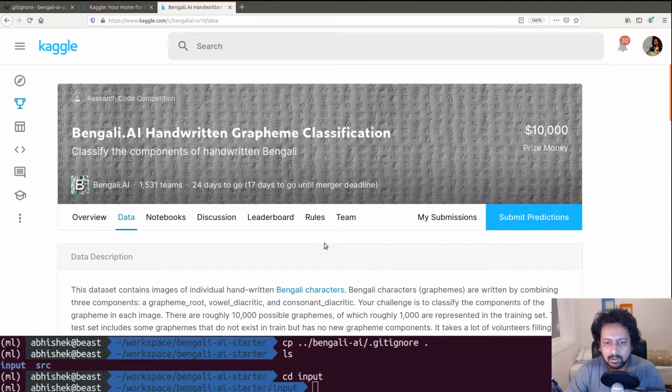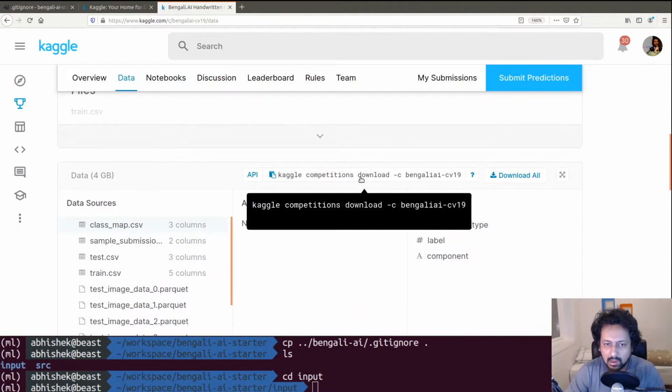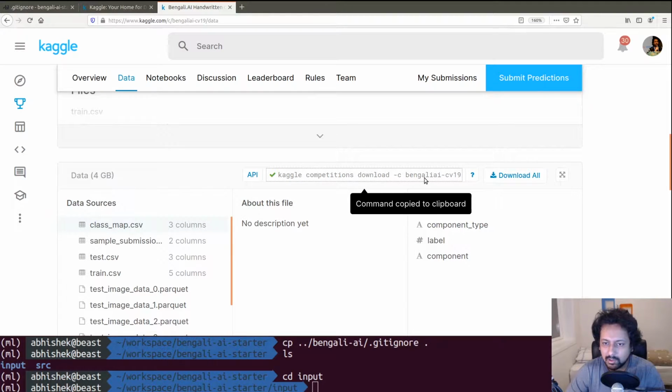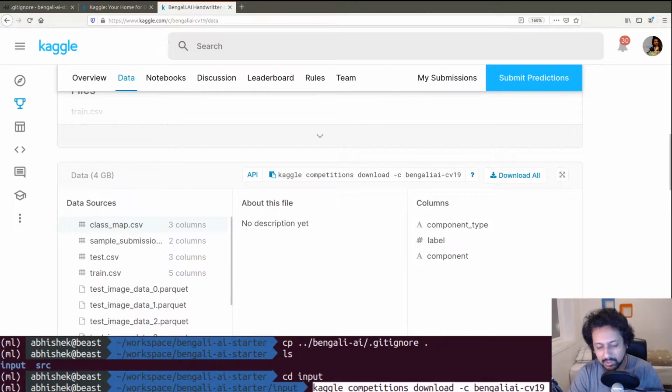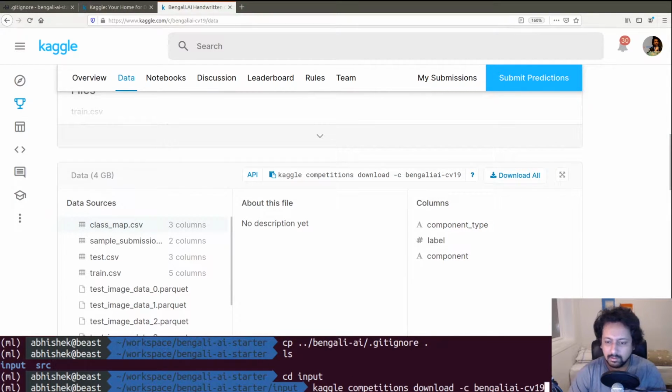in the data for this competition, you have this command to download everything using the Kaggle API. If you're not familiar with the Kaggle API, I recommend you take a look. It's quite easy, and you can do everything in the command line. So here I'm gonna run this command. Hopefully everything is set up properly, and it's going to download the data. So now it's downloading the data. You see it's quite huge,